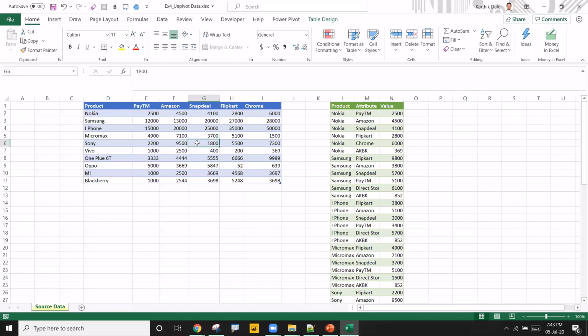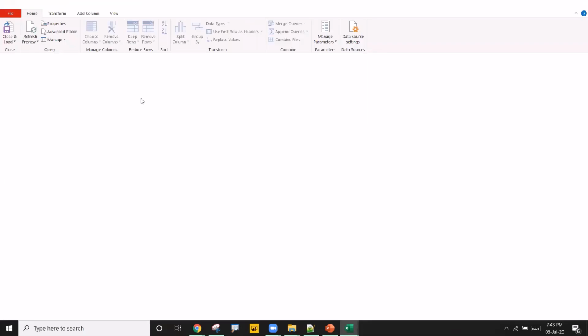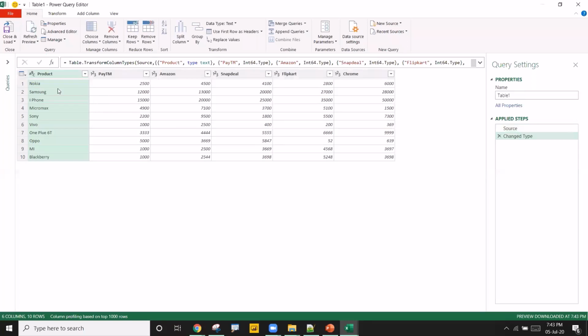You see how real quick it can be done using Power Query. So I'll again go to data. There's already a table. So I'll click on this table at this range. It will open a Power Query editor window. In that window, the first column has no problem. All the products which are in one category are all in one column.